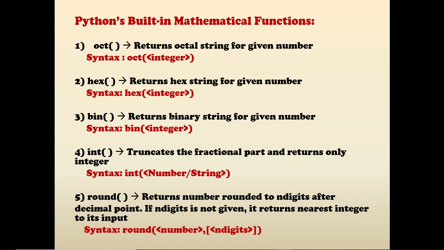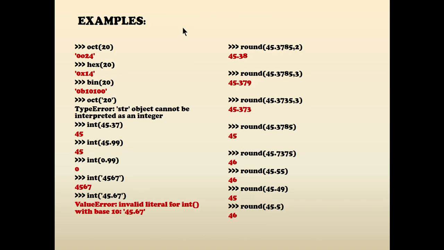Now let us understand this with the help of a lot of examples. Now look at the examples of those functions. The very first one is oct of 20. The number you are passing as an argument, and the octal equivalent of the number 20 is 24. Whenever you represent an octal integer, it should be preceded with 0o. It is given in single quotes, which means it is a string. It will take a number as an argument and return the octal equivalent in string form.